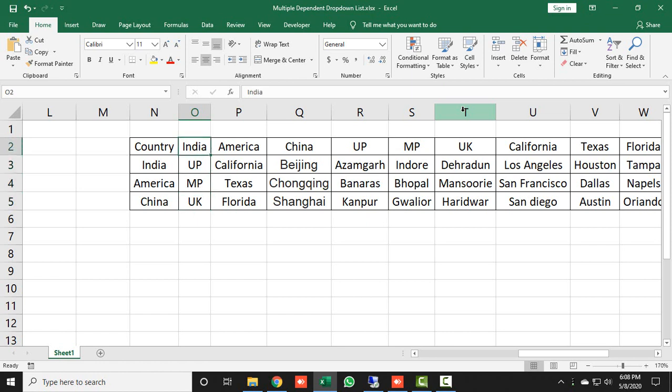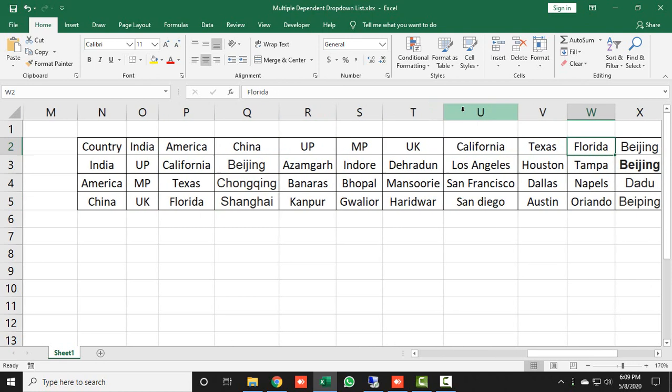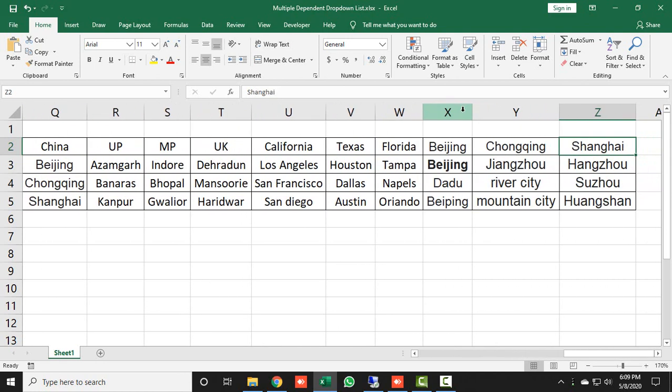In the second column the country is America, and the states in America are written over here. Same for China. Then I have written all the city names for UP. So this is how I have created this data, and on the basis of this data I have created the amazing list.